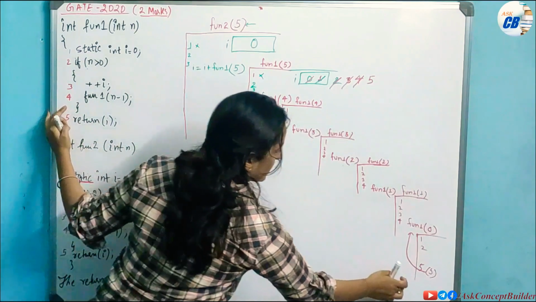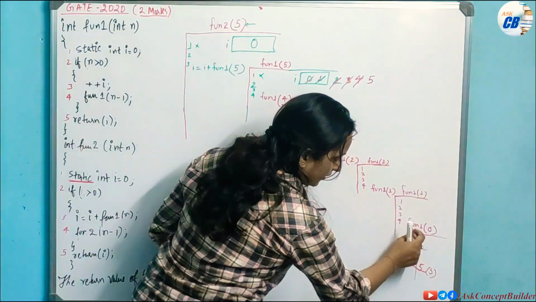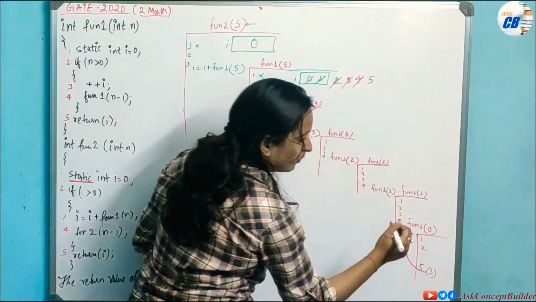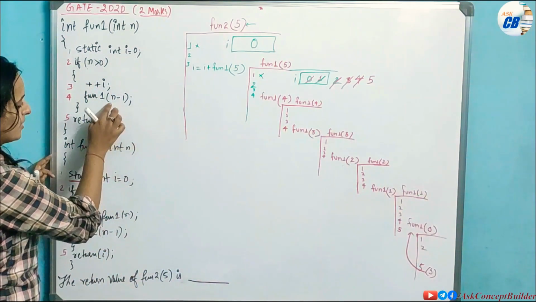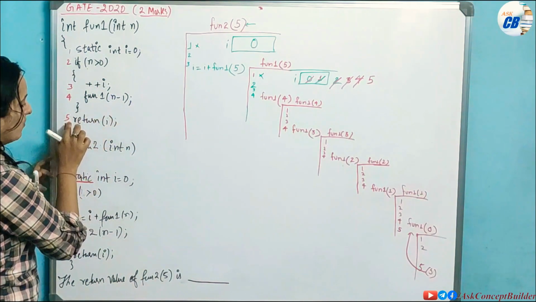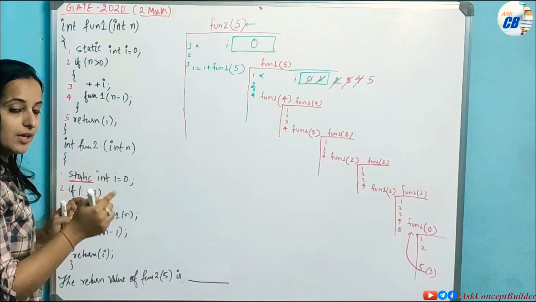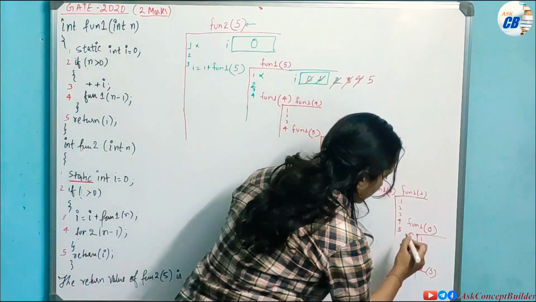Now when this function is completed, only then will it return back. When it is returned back, it means the fourth statement is executed, and now we have to execute the fifth statement. So it has returned to this point, but it has one more statement, the fifth, return i. After returning back, we have to execute the return i statement of this function also. So return i for this will be called.